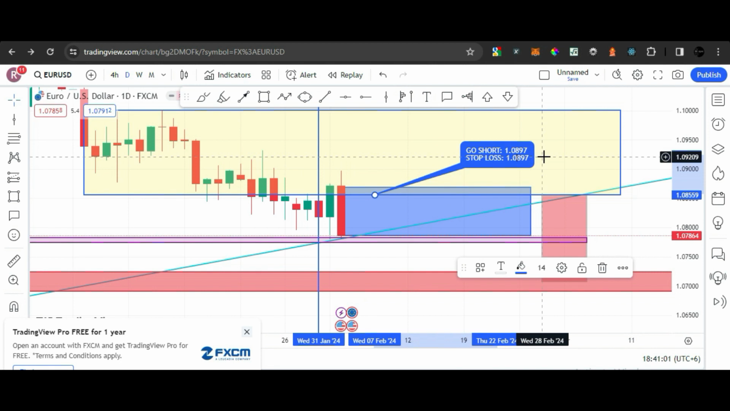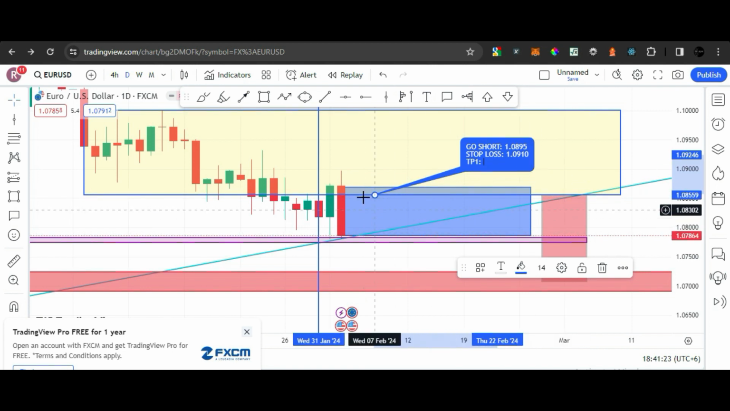95 is better. Okay, 95 is better, and we'll stop loss 1.0910, 15 pips. And TP, first take profit I want to do is it will try to break this line, this